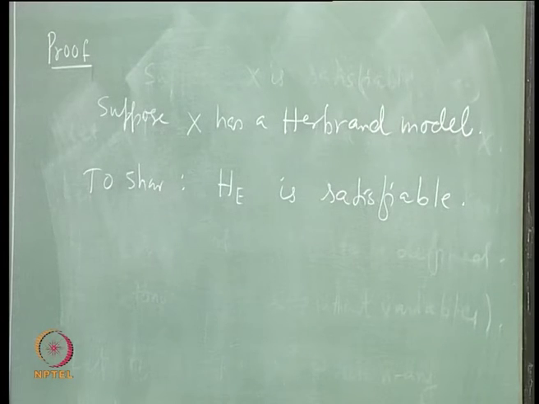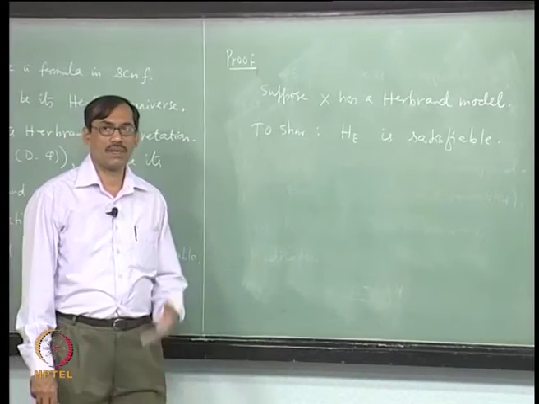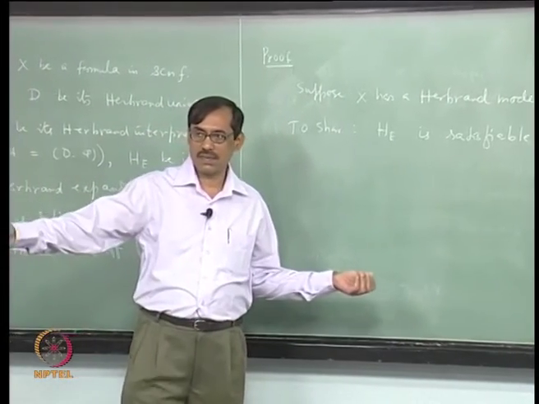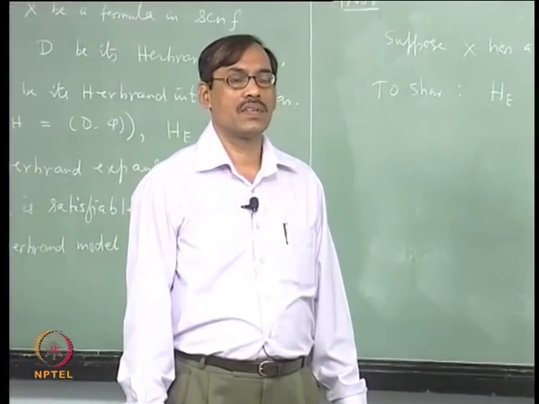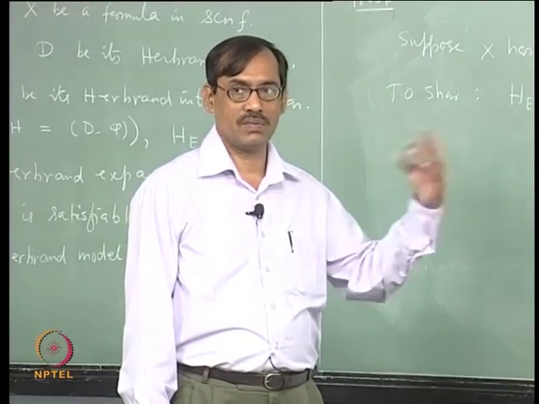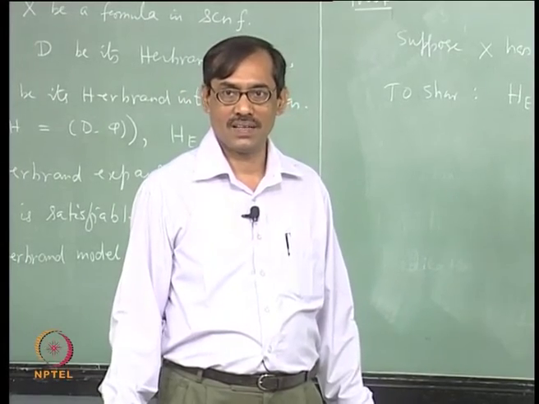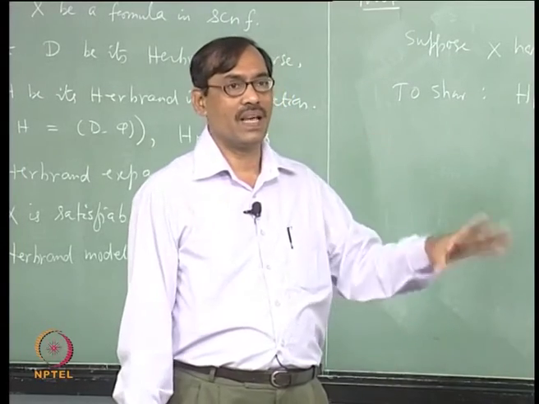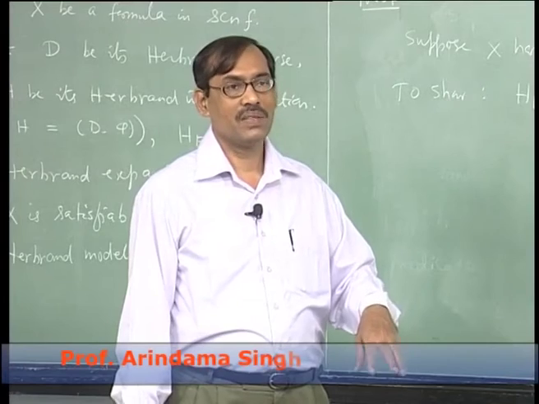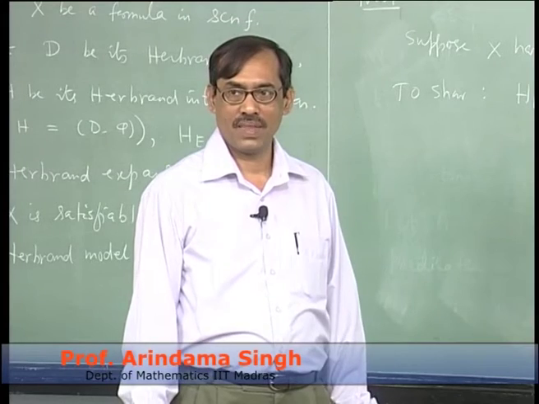Okay. So what is the meaning of X as a Herbrand model? You have the Herbrand universe of the terms, or the closed terms. Now those closed terms at the predicates, when you substitute all those closed terms, they are declared to be 1 or 0. That is what is happening in the Herbrand interpretation itself. So after knowing that, you evaluate X, you see that X is satisfied. That is the meaning of the Herbrand model, right.